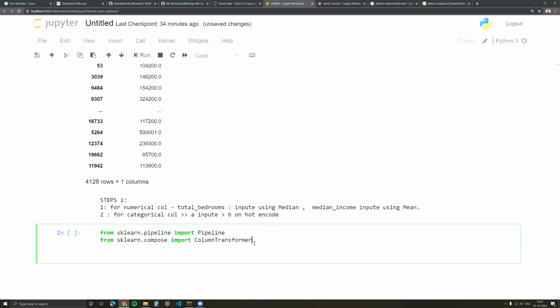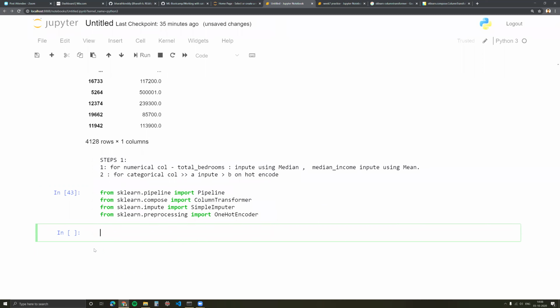Okay, so now these allow us to construct our pipeline. What are we actually constructing? We are imputing. So imputing is definitely something I need. SimpleImputer. And for categorical, I can use the same library, but I want to one hot encode as well. OneHotEncoder. I think I have all my libraries allowing me to build a pipeline.